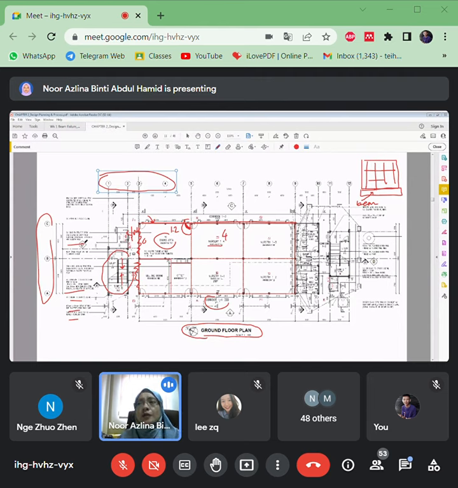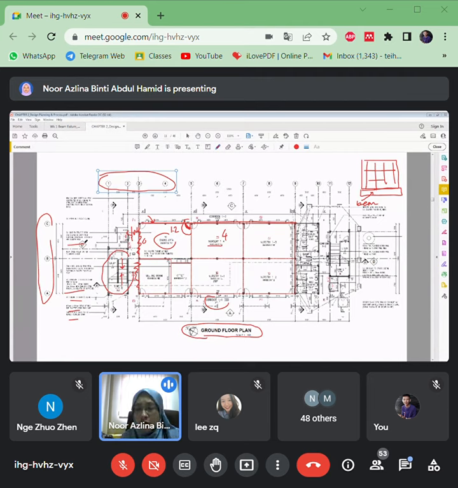But they have their own view on what they want for the appearance of the building. So most of the time they will come out with the size of the beams, size of the columns, and also the heights of the structure and so on.